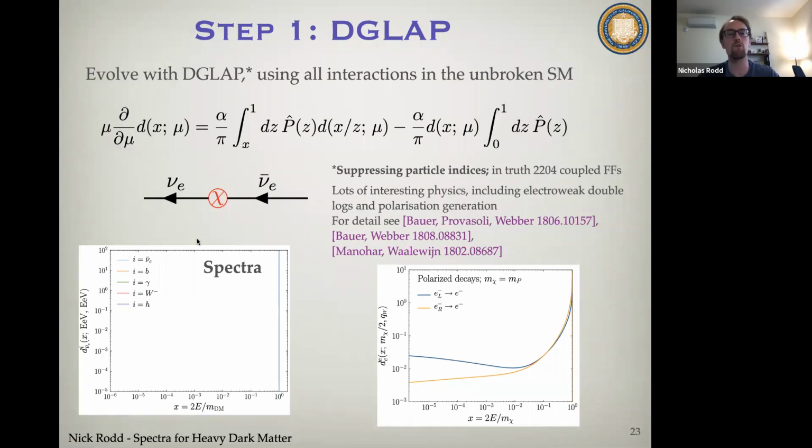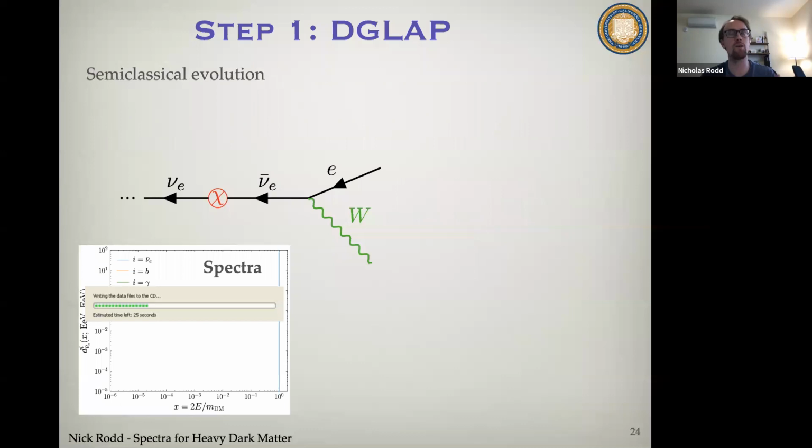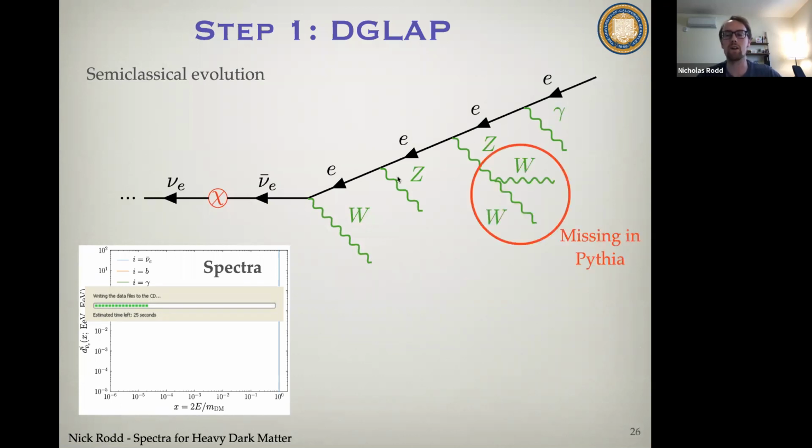But then of course, what we do is we carefully solve the DGLAP equations. But pictorially, what you can think about what is happening is that the DGLAP equations really give you semi-classical evolution. Everything is being controlled by those splitting functions. And so you can sort of imagine that what happens is you have some splitting, and then there's some probability of no emissions. Then you can have another splitting, another splitting, another splitting. And then also these particles that come off can split, and critically will include the various interactions that P3 is missing.